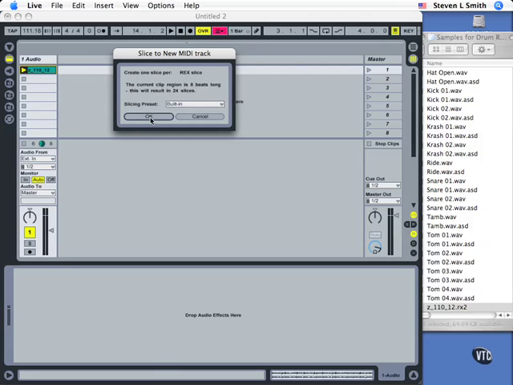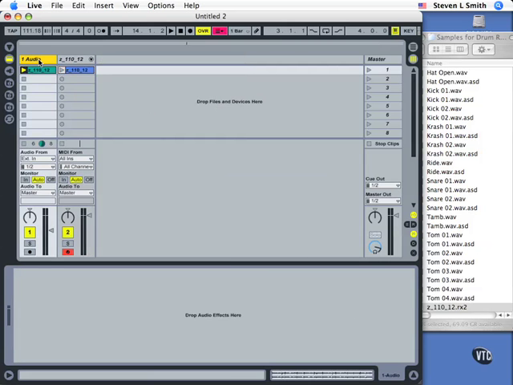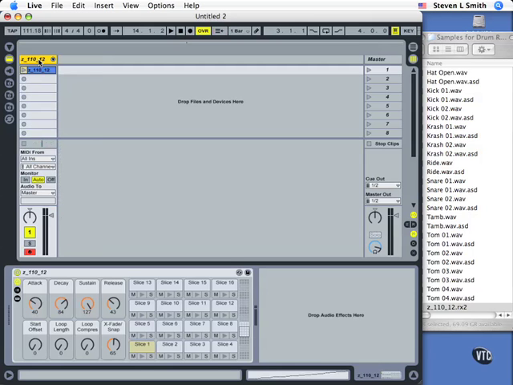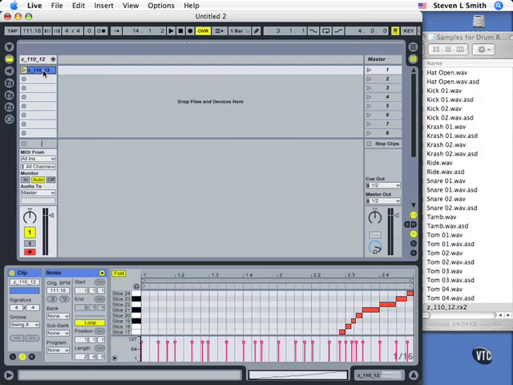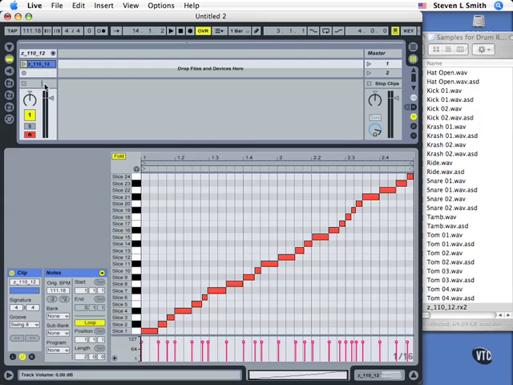I'll tell it OK. Now I'm going to go ahead and delete our original track for a moment, and now we have the new track. Now this looks like a regular clip, but if we double click on it, we'll see that the clip is actually MIDI information that's triggering each of these little slices. Let's activate our headphones so we can hear our MIDI notes and click on them. So each little slice of that Rex file has been assigned to a single note, and we can see it